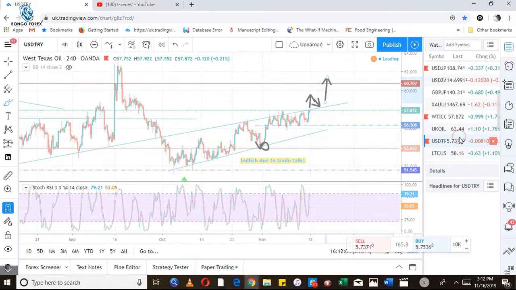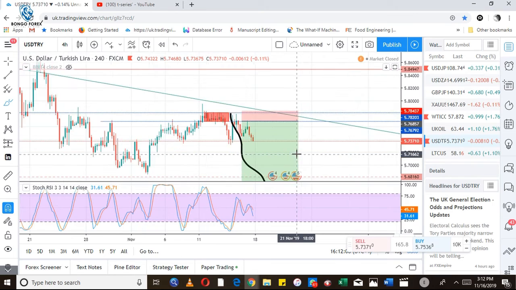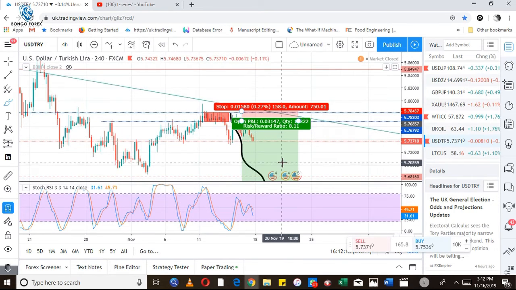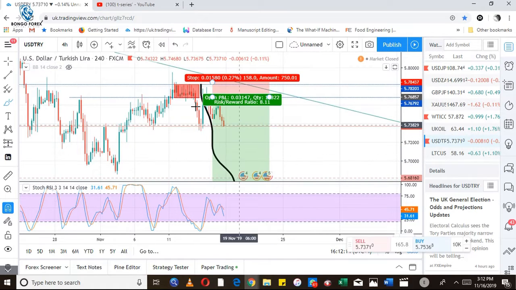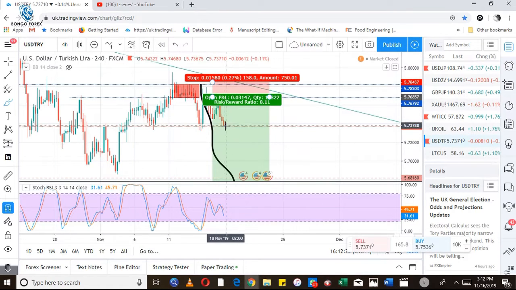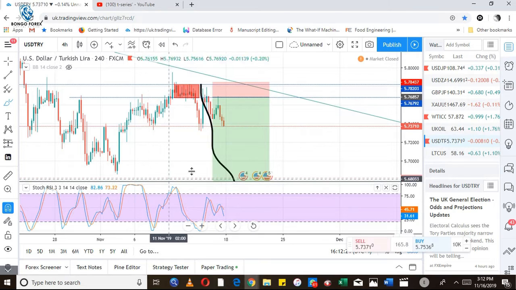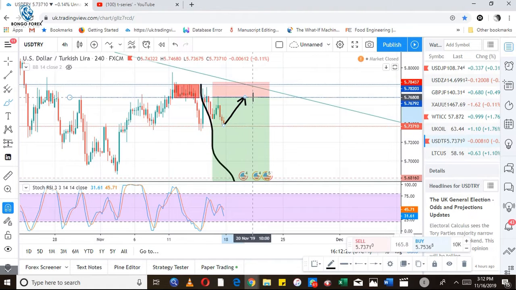Next trade is USD Turkish Lira. I called this trade before, and I'm going to call it again. If you missed this trade, I'm still looking for a short position on USD Turkish Lira. We had that breakout through that mini support area. See that consolidation phase there? We broke through there, came back to that retest level, and started dropping all the way down. If you missed this trade, it would be nice to wait for that pullback around those areas